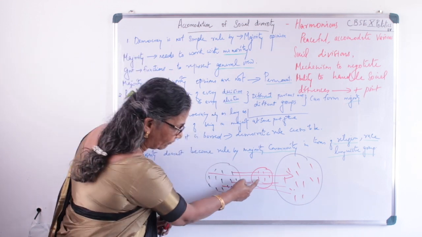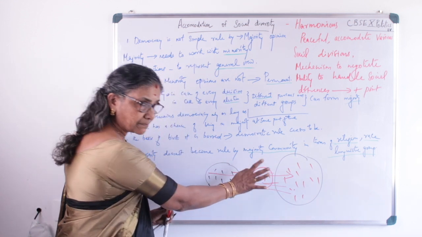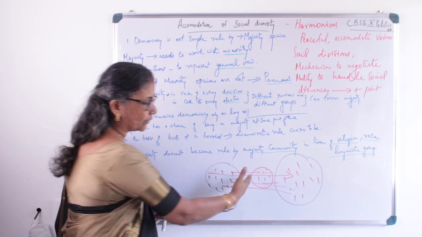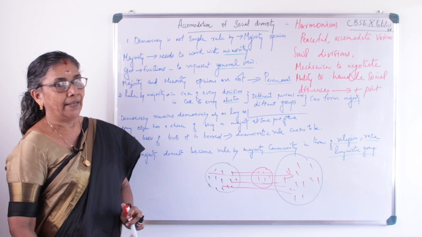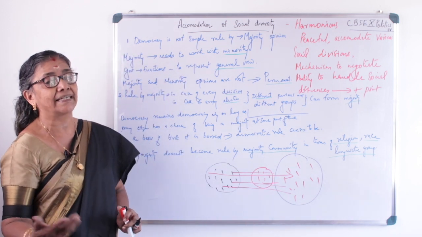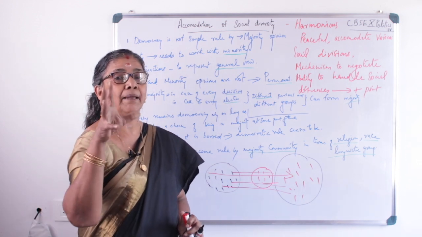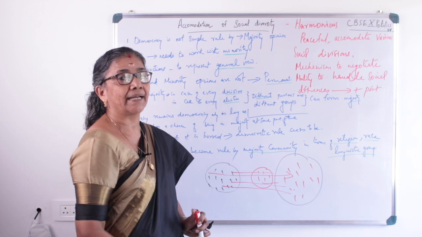As I told you, once they were in the minority, and others were the majority. Now they are also coming to this group and forming a majority. Along with these people, they are forming a majority. So every citizen is getting a chance of forming a majority group. So this majority will decide what should be taken into account.